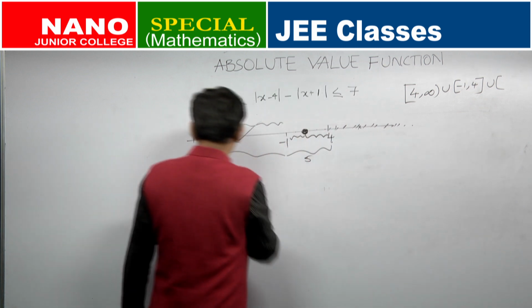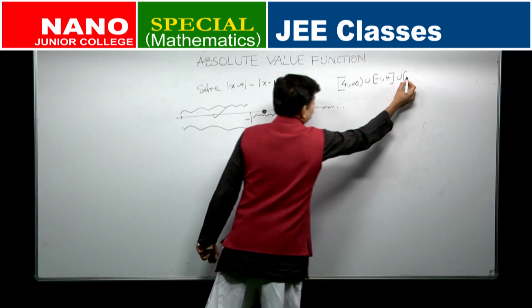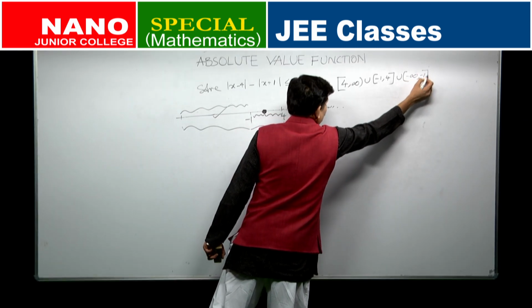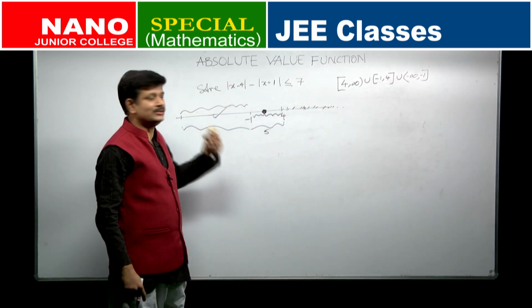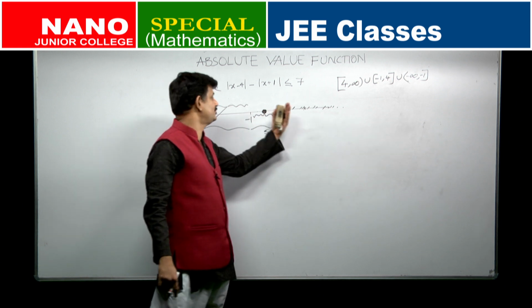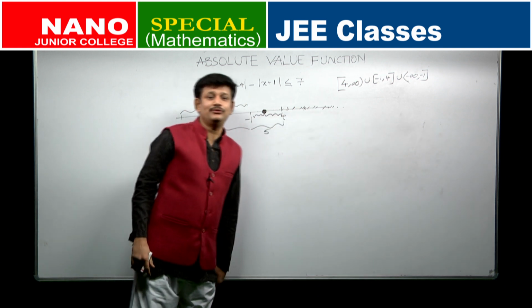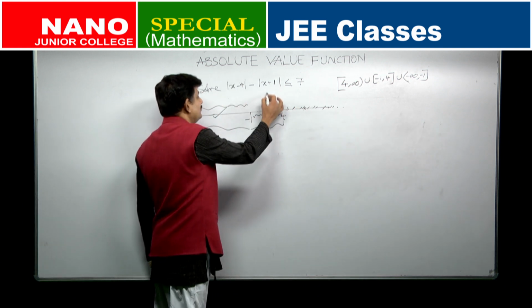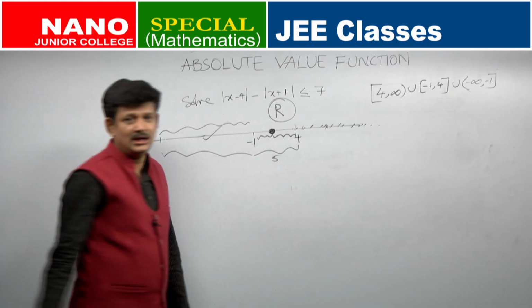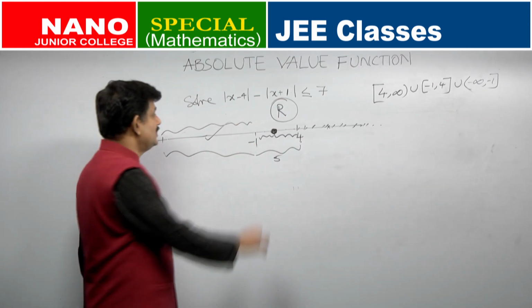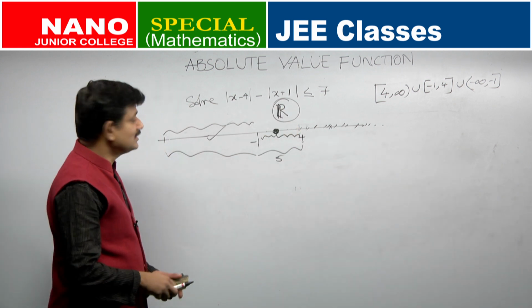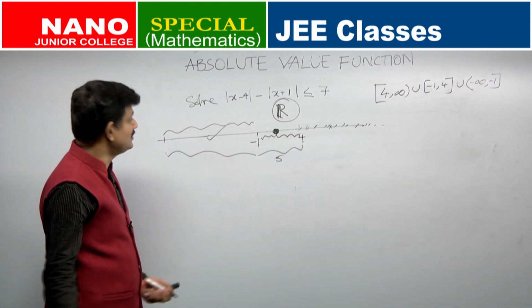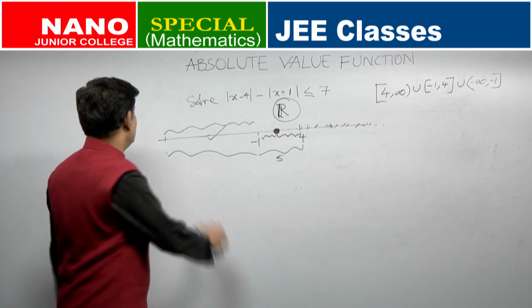Set of all numbers from −infinity to −1. Minus infinity is open. So, what is the collection of all these numbers? You have numbers from −infinity to −1, you have numbers from −1 to 4, and you have numbers from 4 to infinity. So, your answer will be the set of all real numbers R. So, your solution set will be the set of all real numbers R. Is it clear how to do the question geometrically? Same thing you can also continue analytically.